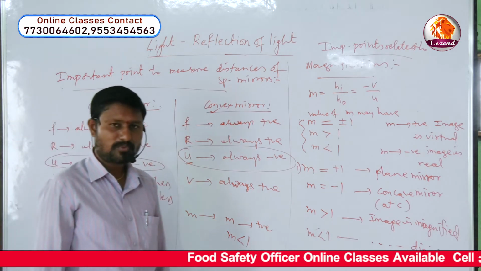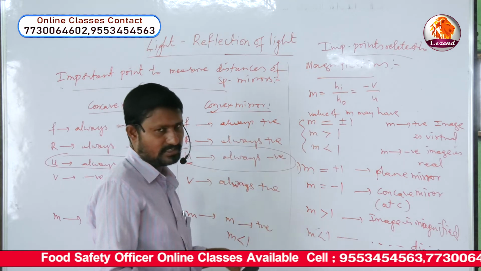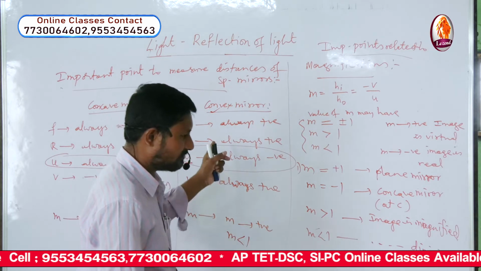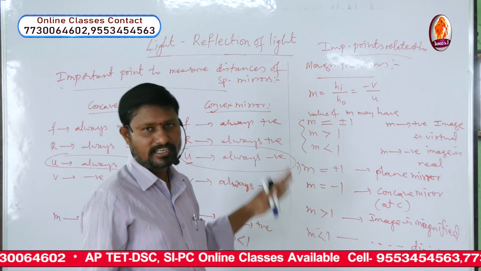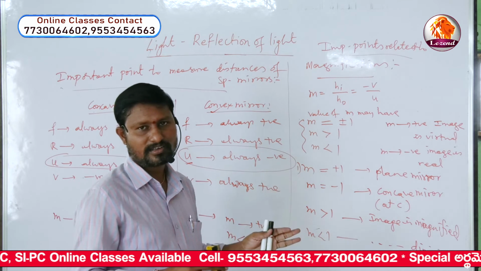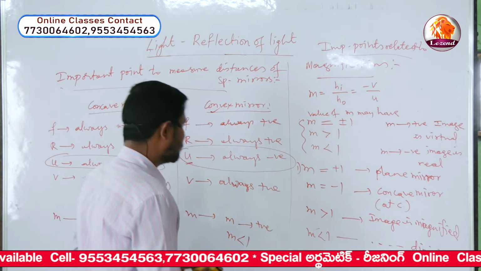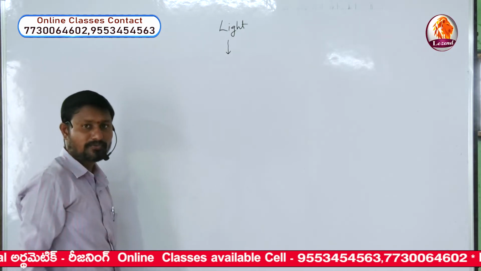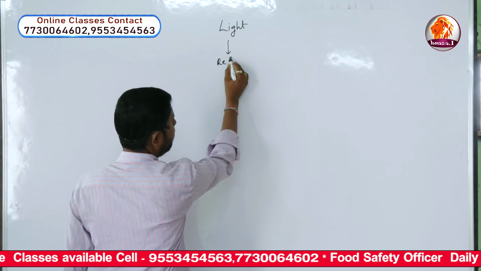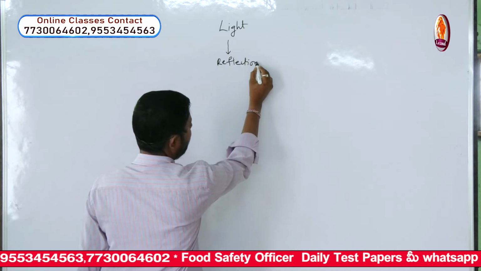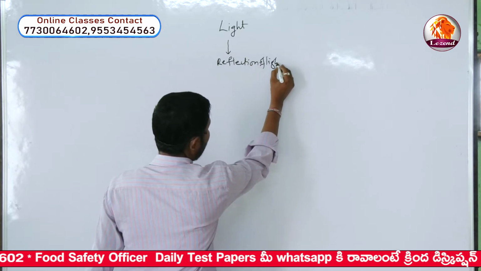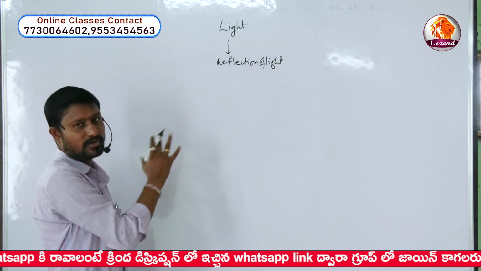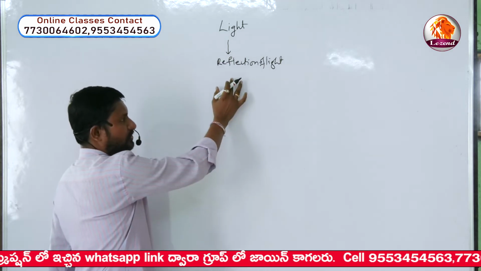And one more important point, let us see whatever we have discussed all together with a simple flow chart. That flow chart will enable you to understand the total lesson easily at a glance. Right? So let us see them. In this slide we are discussing reflection of light especially. I am not telling here the definitions of reflection and everything, because we are just going through. So what is light? What is reflection of light?